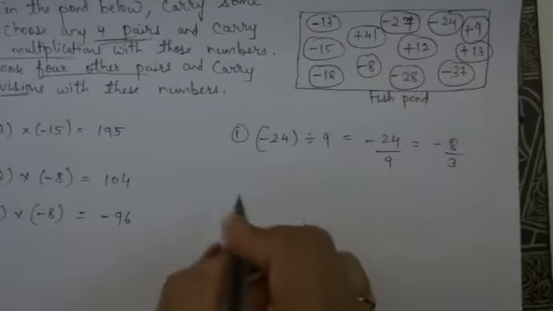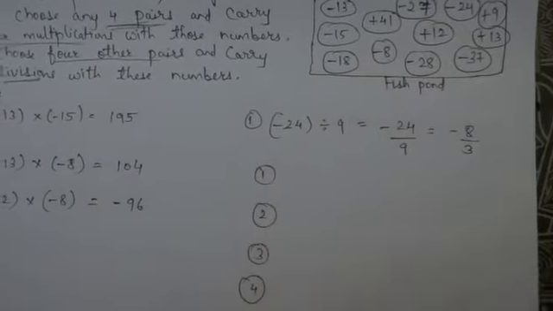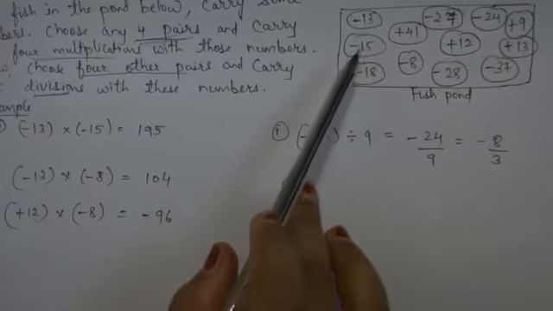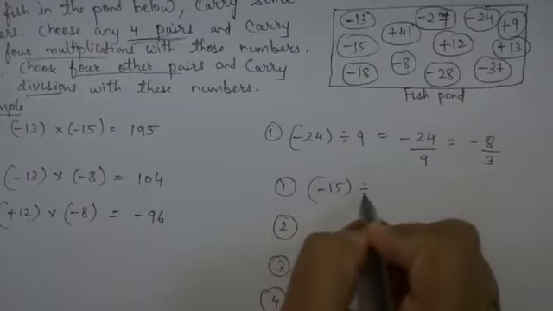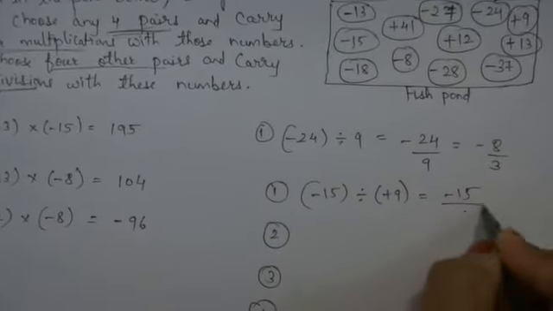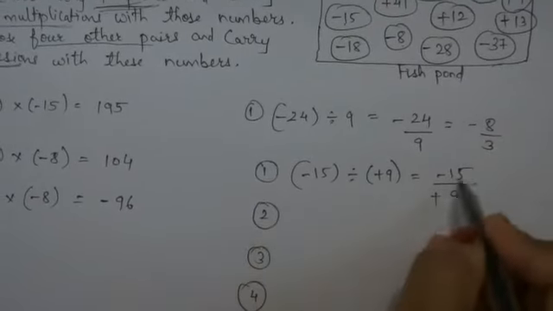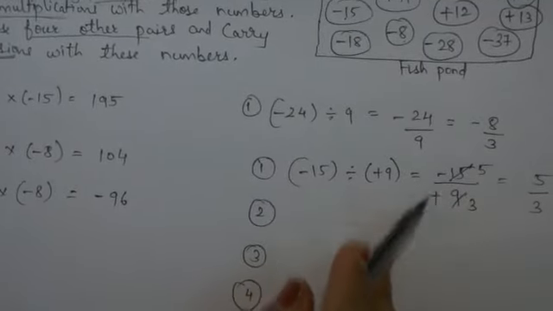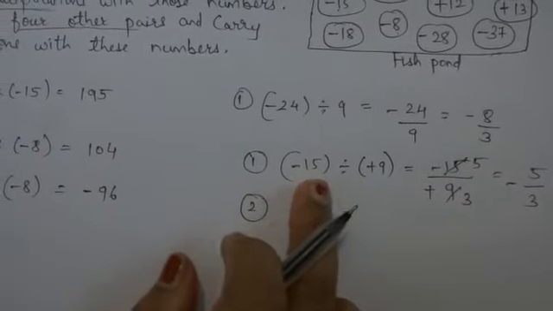Similarly children, we have to find out 4 examples of divisions also. So let's choose any 2 numbers for division. See, one they have already given us. I am taking minus 15 and 9. Minus 15 divided by plus 9. So write them in fraction form first children. Minus 15 upon plus 9. Both the numbers will go in which table? 3. 3 5s are 15, 3 3s are 9. So what is the answer? 5 upon 3. Minus plus is what? Minus. So give the sign minus. So the first number we got is minus 15 divided by plus 9.